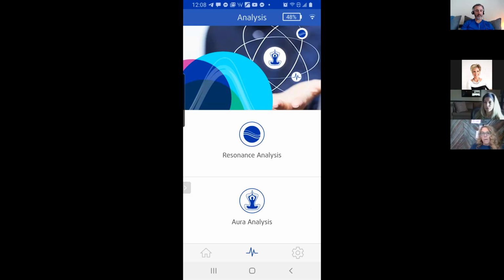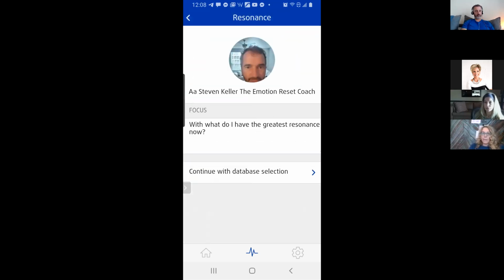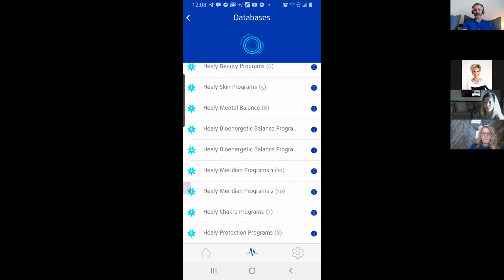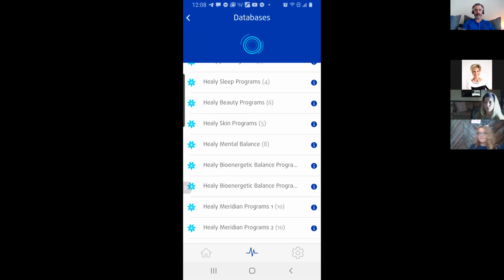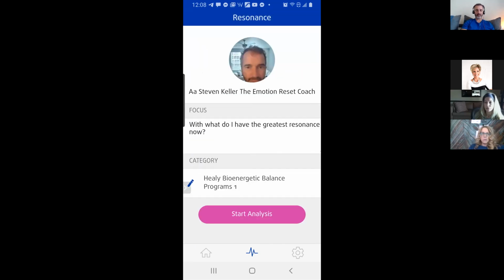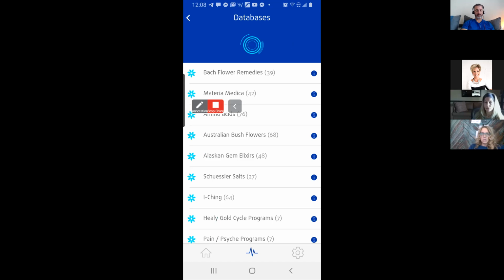Okay. So if we go back up into here and resonance, one thing you'll notice is I can see what different programs are on these, on that blue information thing on the right. I can see, okay, here's all of the different programs that this particular one has, okay? So if I was curious maybe, and I'm here now, I could just hit this edit button over there to go back out here, okay?